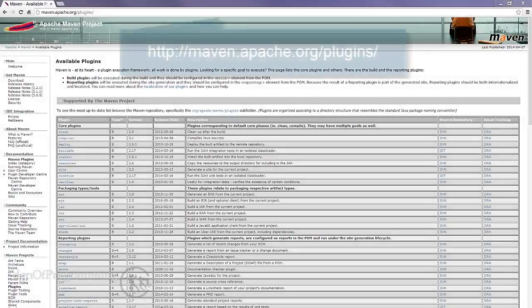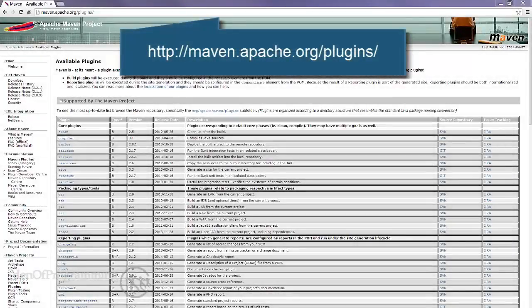In this tutorial, I want to start looking at Maven plugins. Maven can really be thought of as a plugin execution framework. Every task performed by Maven is actually delegated to a plugin or a goal within a plugin, whether that's copying